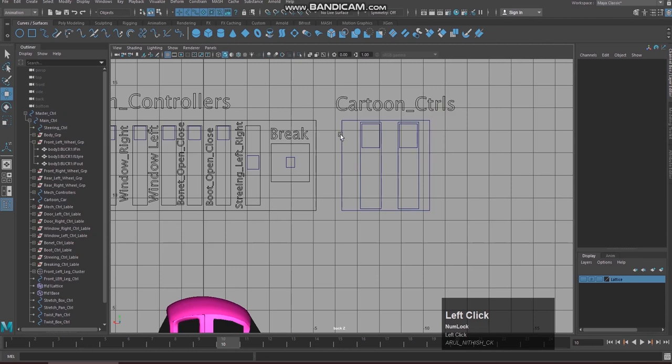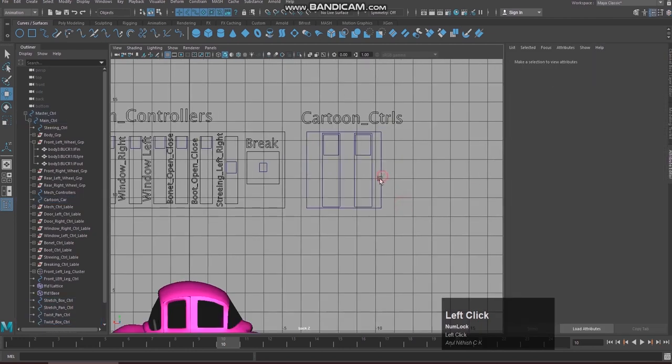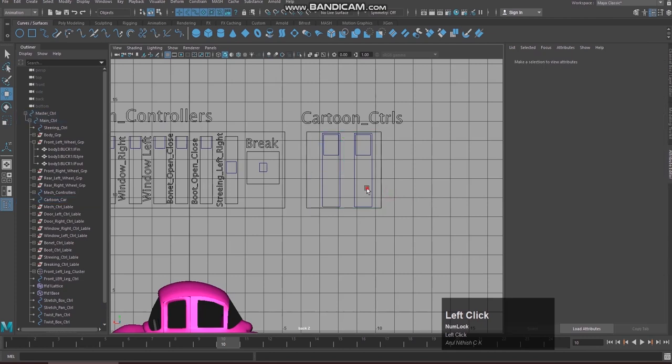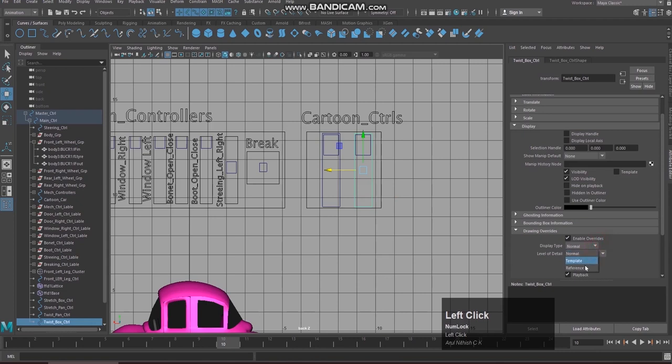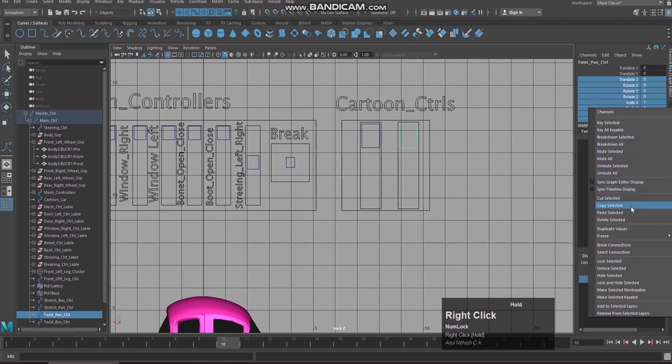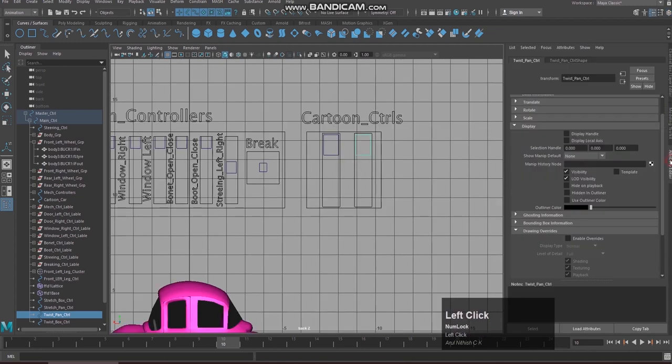And yes, we are going to select all these things, open the attribute editor and set overrides to reference. Keep both in normal mode, and now we should select both these things and turn off all these attributes except translate Y. Before that we need to limit the information.